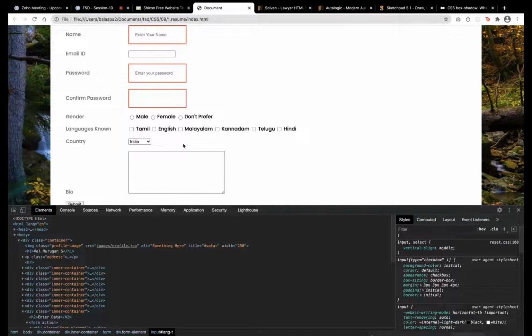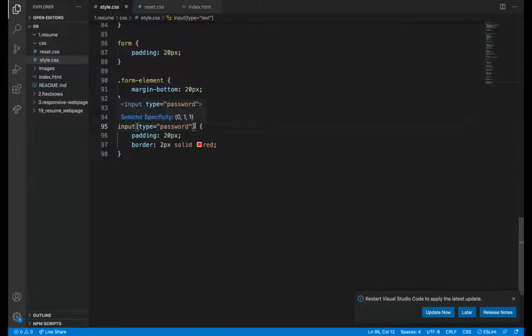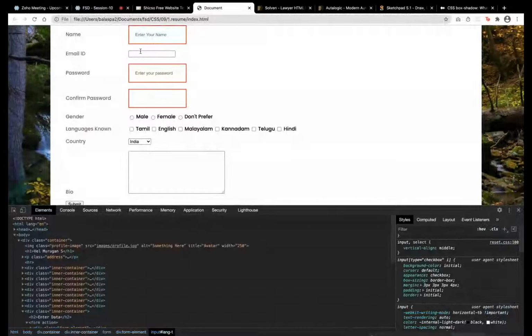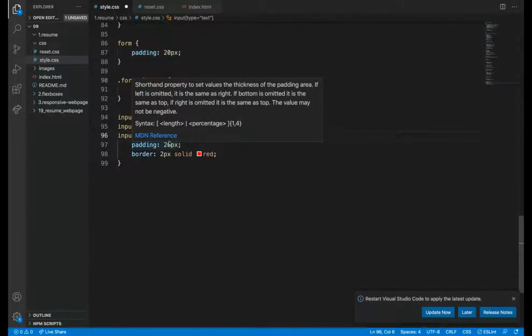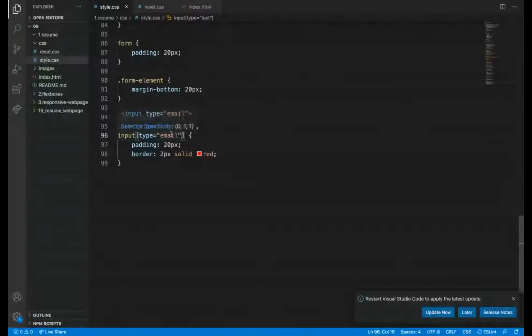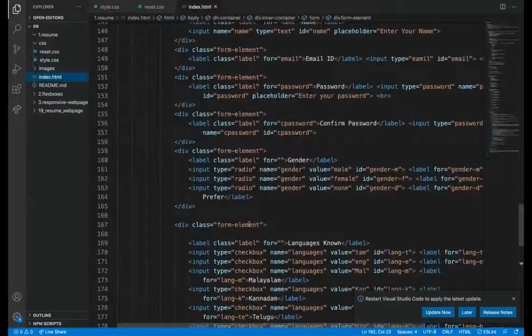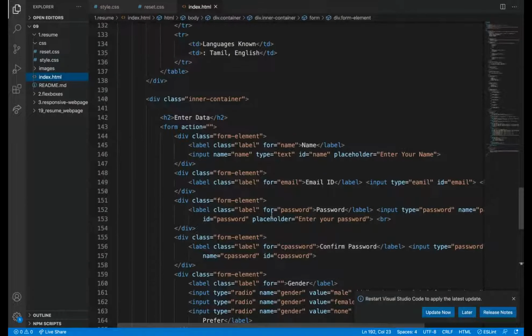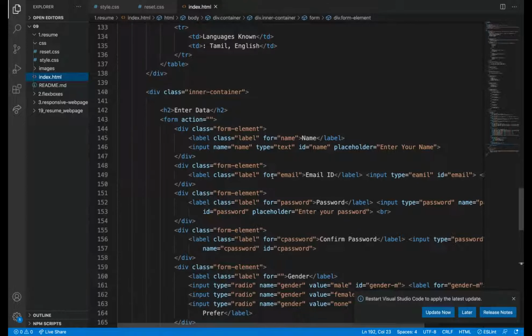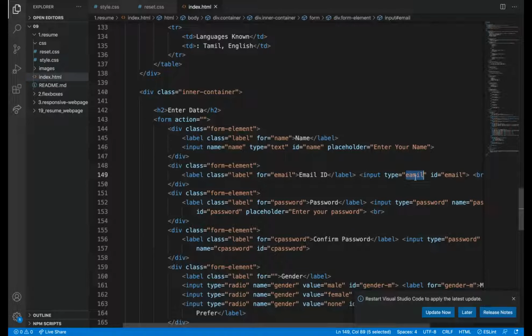So instead of writing a class on each thing, I can use input type equal to text, password, and input type equal to email. What is this input? Email ID, type equal to email. Spelling mistake, there is a spelling mistake.